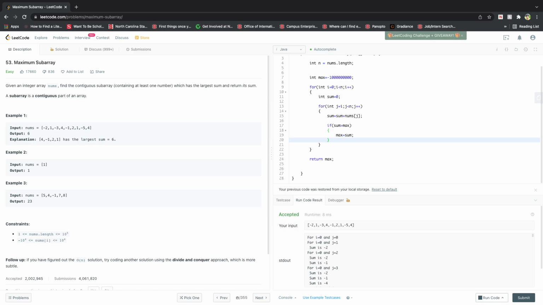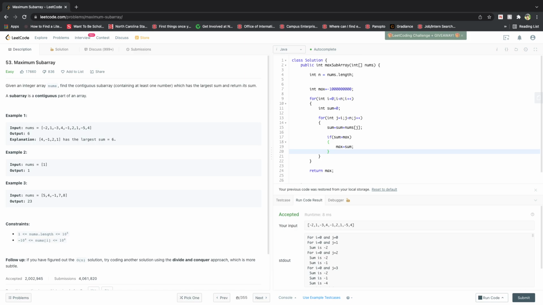There is a way to solve this in O of n, which is what we're going to be talking about, and that is Kadane's algorithm. I thought it was really cool, so that's why I'm making this video. I'm going to try and explain it without actually showing you the solution, and then we'll see if it matches. What Kadane's algorithm basically says is you don't need to calculate all of the combinations. You just need to know